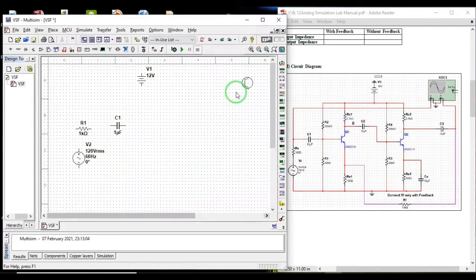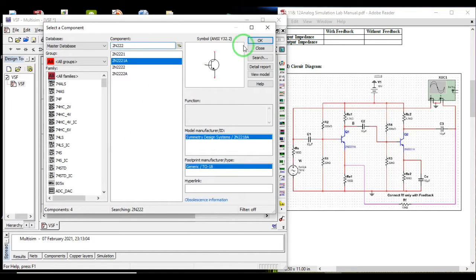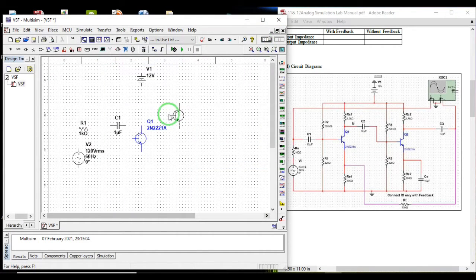You can simply search it and place it. You can see here this part is exactly the same as this part. With these components, I'll press escape.